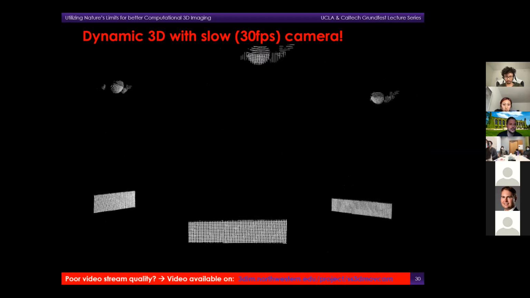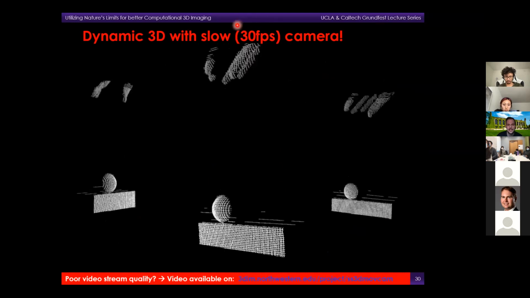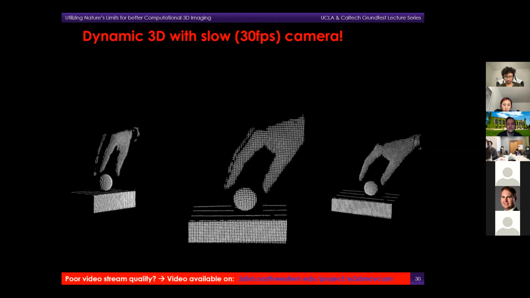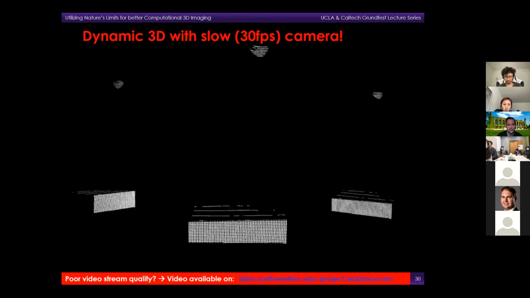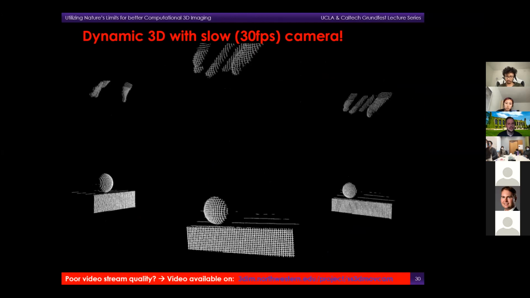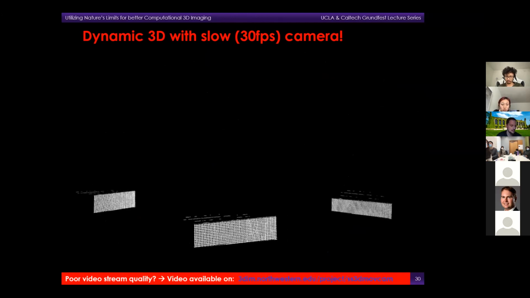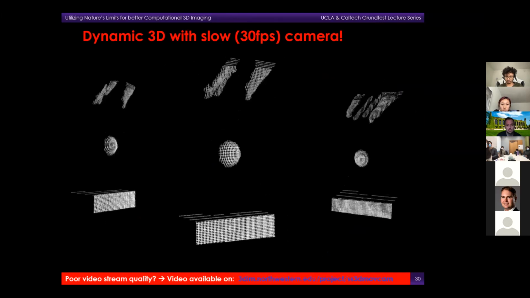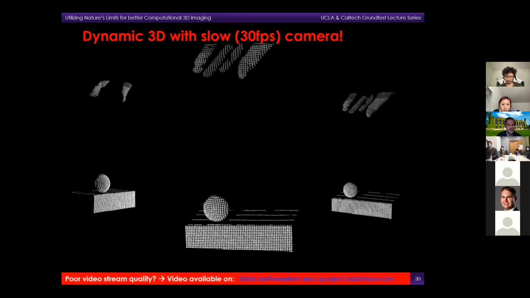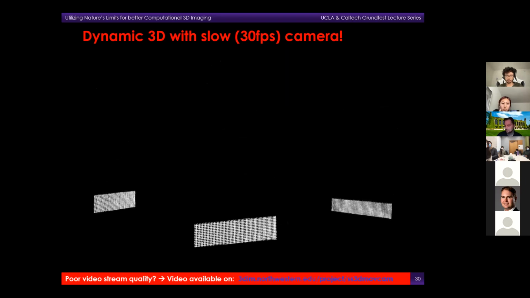So even if we use fairly slow cameras, which are working only at 30 frames per second, we can still image this jumping ping pong ball without any motion artifacts. And this can become very important for the 3D inspection of very fast processes, like for example crash tests, bullet impacts, exploding airbags, medical motion analysis, and so on.